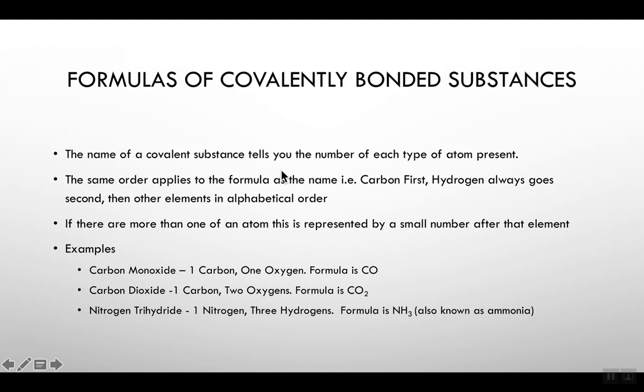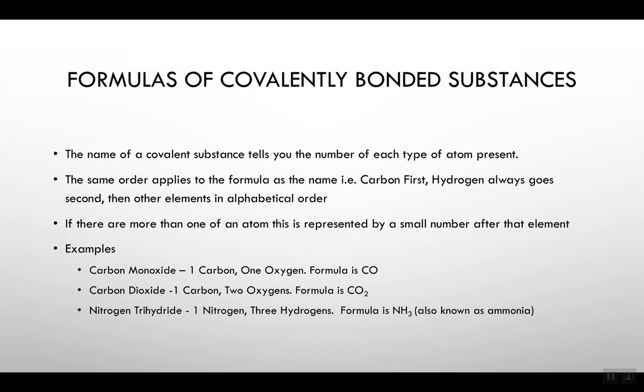Now those same rules make it easy for us to get the formula from the name. So if we've got the name, it tells us each type of atom and it tells us how many of them. We've got the same order as for the names. So carbon first, hydrogen likes to be second, other elements alphabetically. So if it tells you you've got carbon monoxide, you know there's one carbon, one oxygen, so you know your